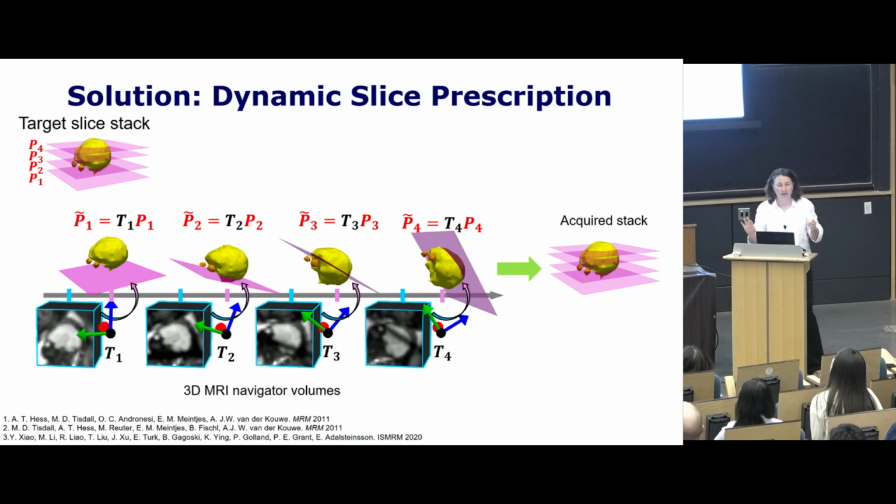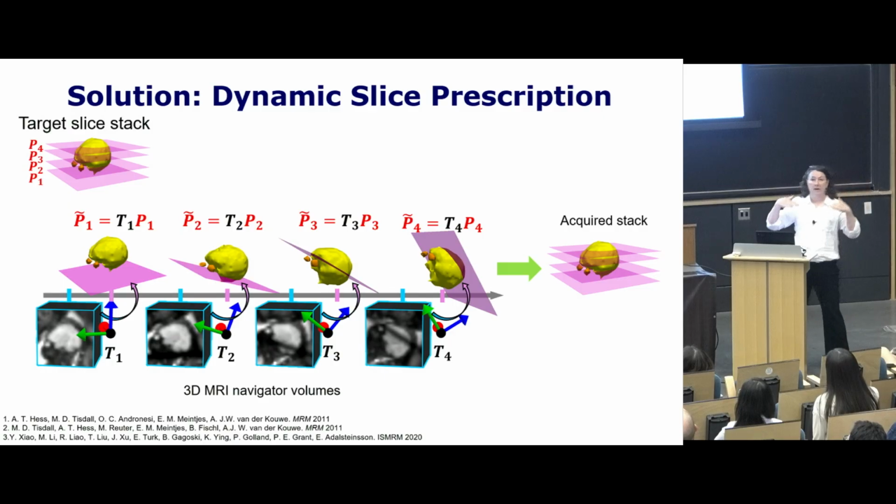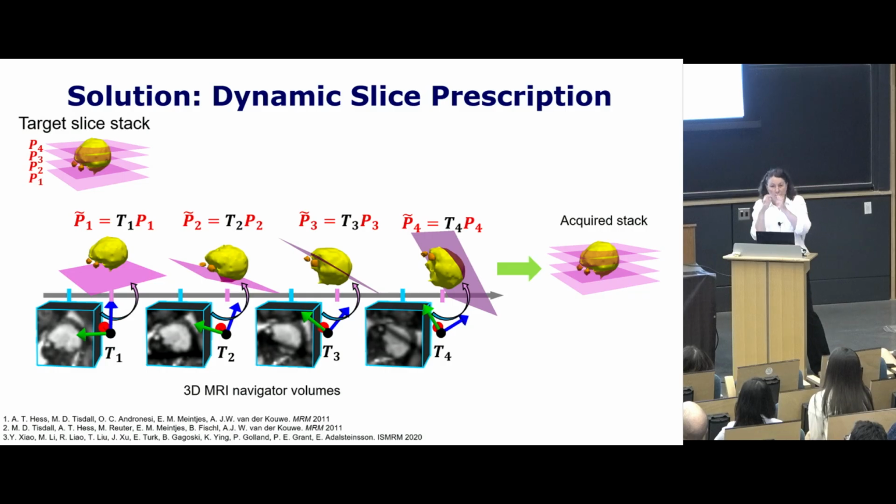In particular, our solution is as follows. The pink slices are the slices of MRI that we would like to acquire. We will insert a really low energy cube volume, also acquired by MRI. Because it's very low energy, it has to be low resolution and low contrast because there isn't really much activation happening there. But we'll tune it so that it's fast enough to fit between the slices. I'll tell you in a second what I mean by that.